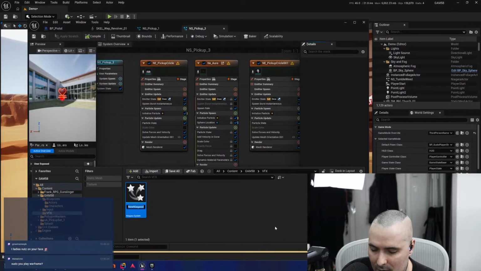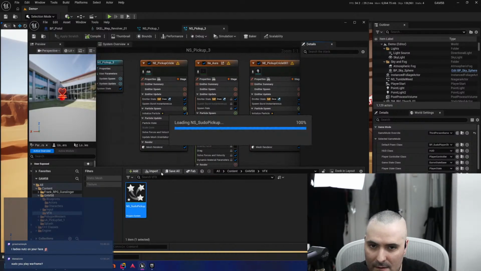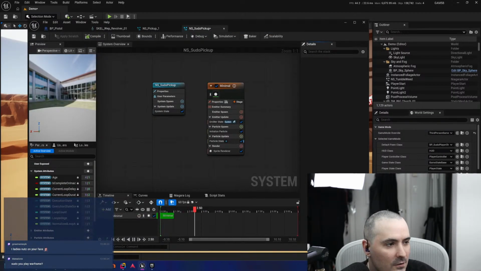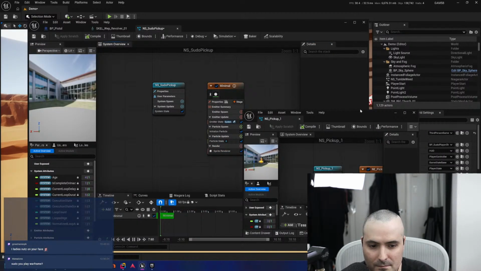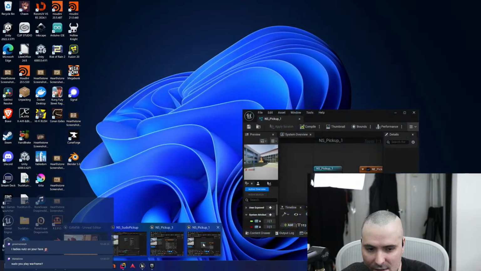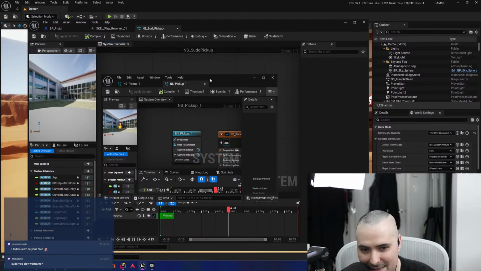Create. I'm gonna call it N Niagara system. So pickup. We are going to learn Niagara pickups by reverse engineering this one. It's gonna be great. I hope. I really hope it's gonna be great.